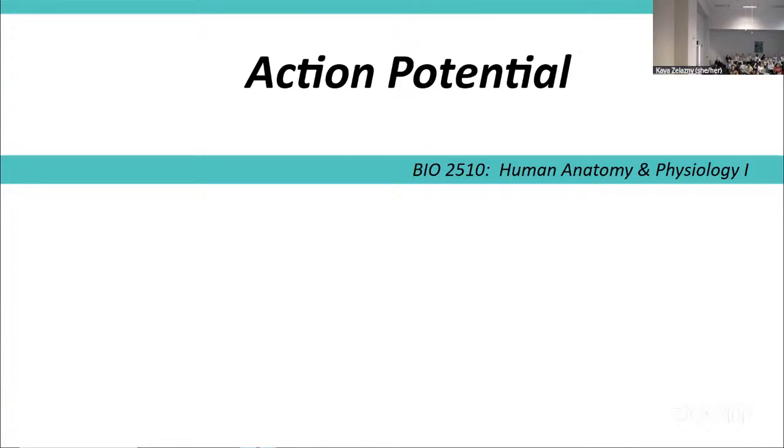So now we can't have sodium come in anymore. At the same time, we see voltage-gated potassium channels opening, meaning that potassium is going to leave the cell more rapidly than it was before, dropping our action potential back down. So dropping us from +30 down to rest, actually even overshooting